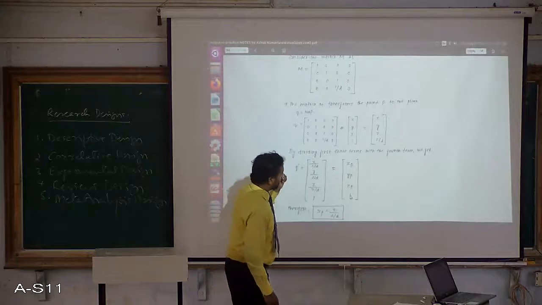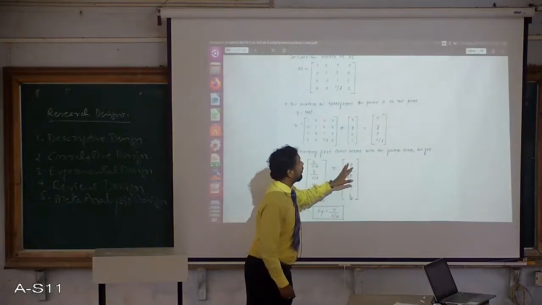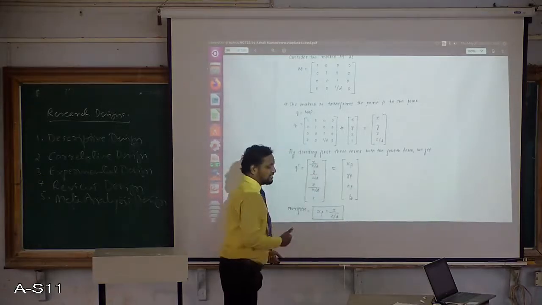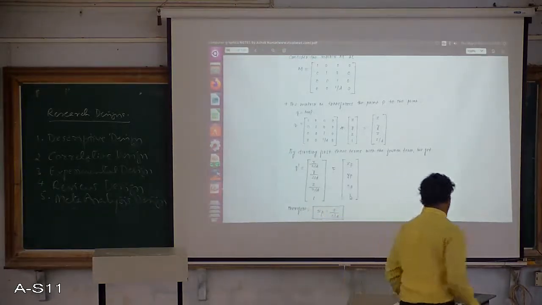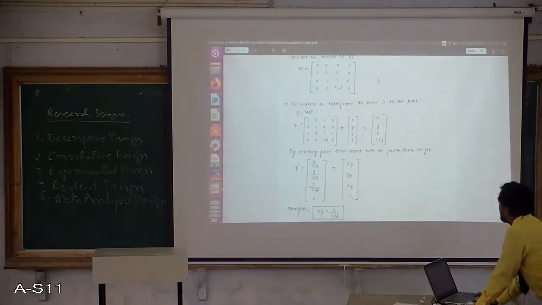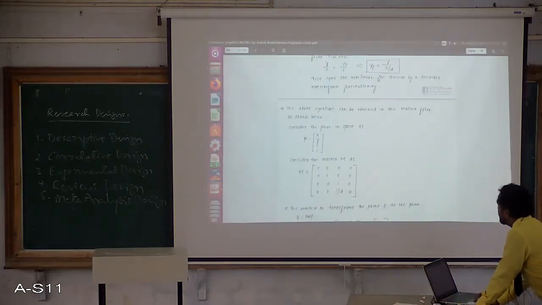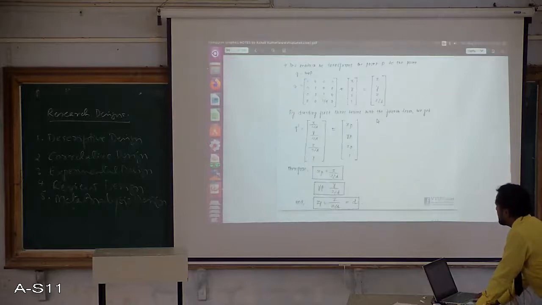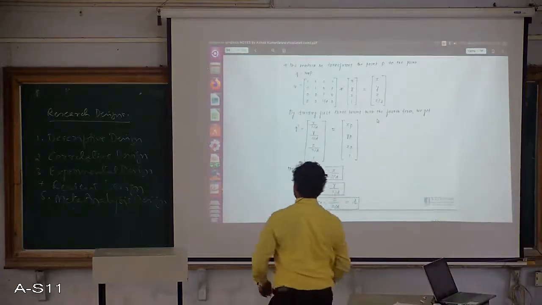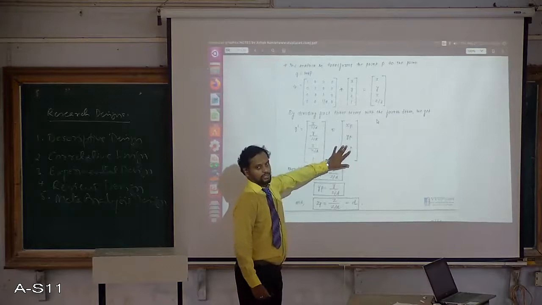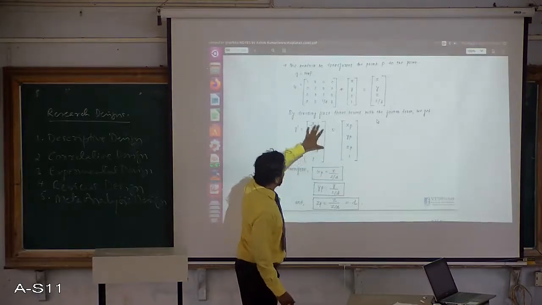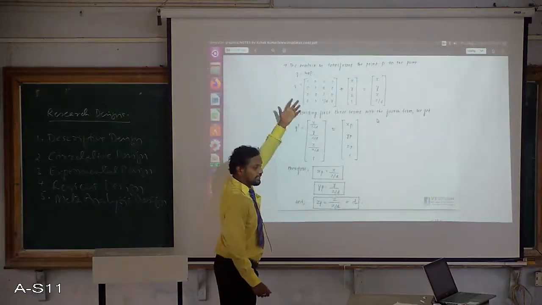Okay, now the result will be, you know we already have these values computed earlier, that is xp, yp and zp. The values we have already calculated are xp equal to x by z by d, yp equal to y by z by d. So the same is going to be replaced here on these values. Okay, so this is the value that I got, that is Q dash as per the above equations.